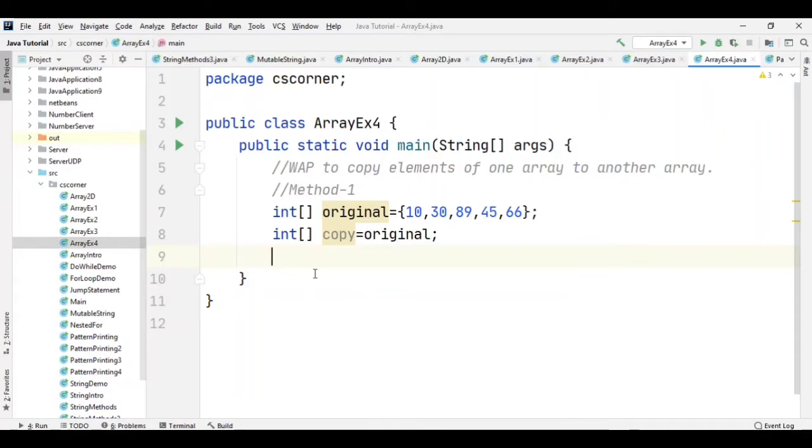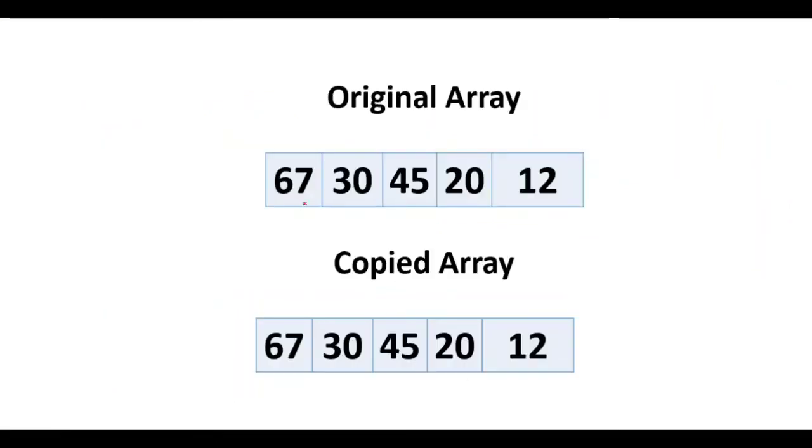Let me show you by diagram. Here you can see I have taken a few elements, a total of 5 elements. This is my original array and this is my copied array. As soon as you write copy equal to original, all the values of the original array get copied into the copy array.